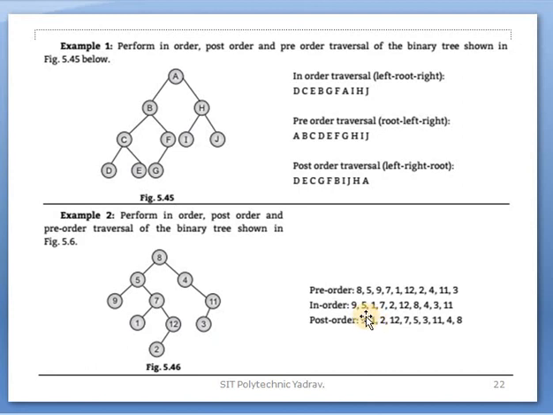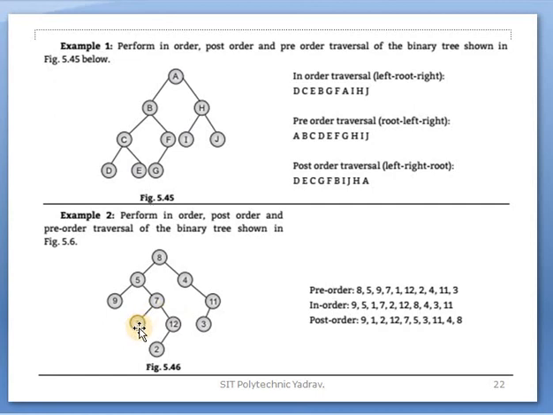In order, left root right, so in that left 9, 5, get 1, 7, after that 2, 12, after that 8, okay, after that 4, 3 and 11. In a post order, left right root, so left is the 9, in a right side